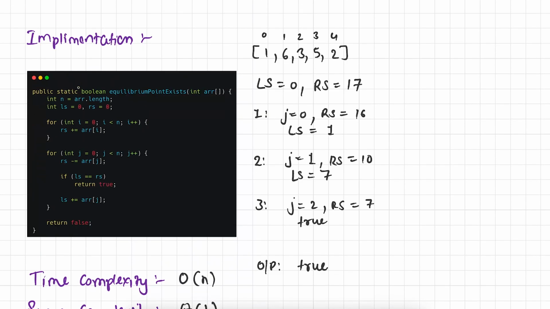Here you can see that we have a function, equilibrium point exists, and this function is taking an array as input. Initially we are initializing two variables, left sum and right sum, and then we are running a loop to calculate the right sum. This is a simple for loop, okay? And then we are again going to run a loop to pick all the elements one by one. First we are going to compute the right sum of that particular element, and then we are comparing if left